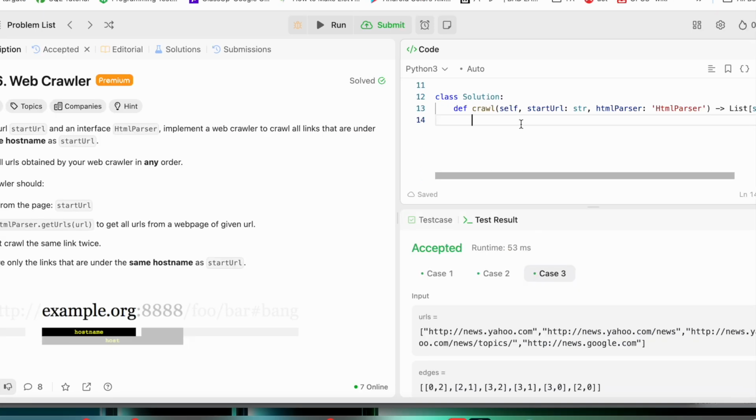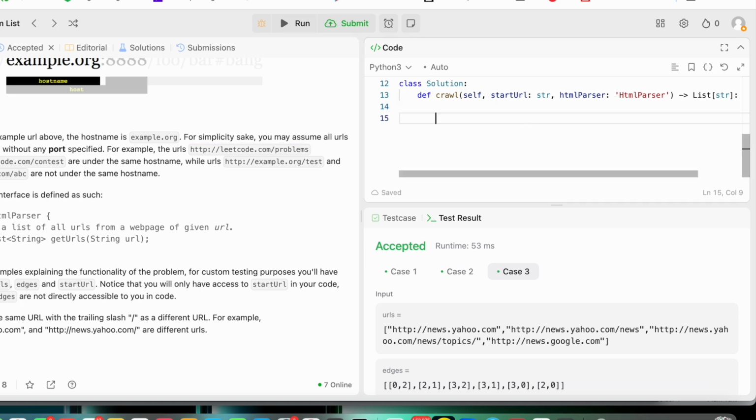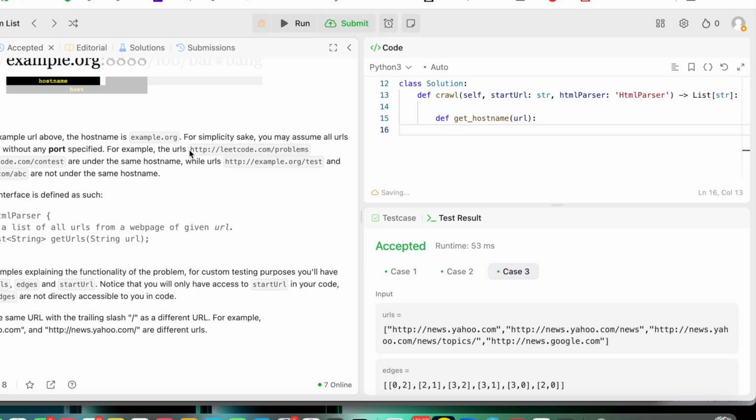So first we'll see the BFS based approach, and before that we need one method to get the hostname from any URL, right? Let's see, this is the method we are writing, get hostname from any URL. And how do we get that? Consider this URL,